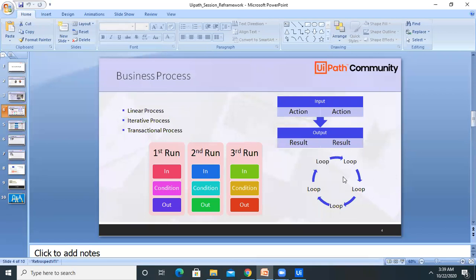So overcoming this is a transactional process, where each and every condition is checked unless and until the whole process is completed.